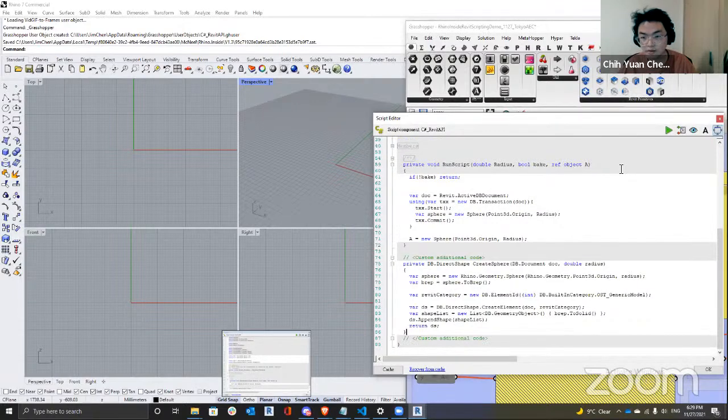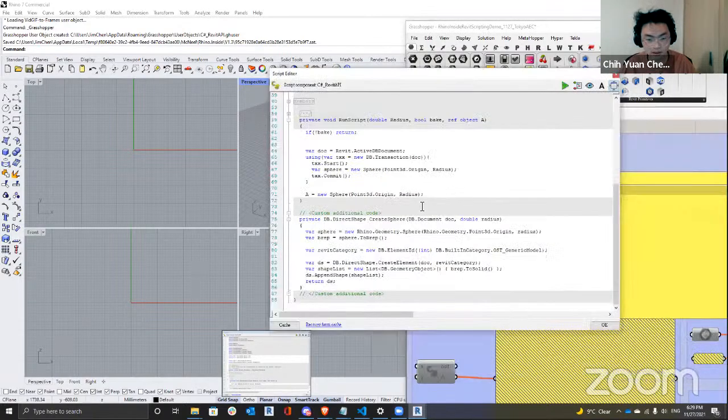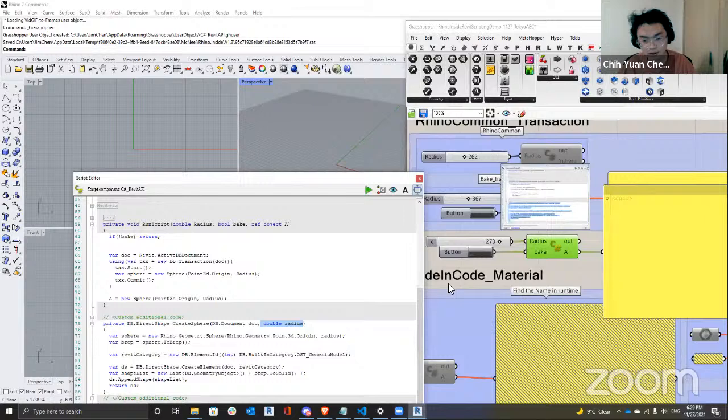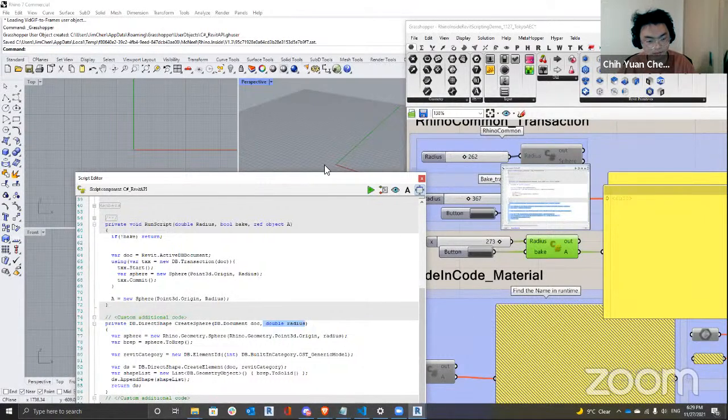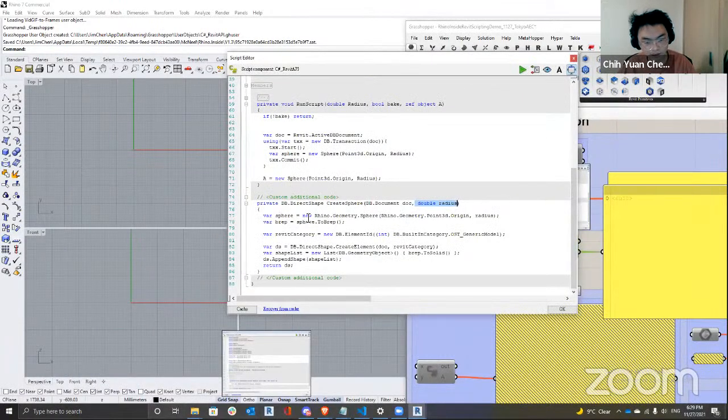What this function says is we need to identify the document, like the current document in Revit. So every time you see this DB, it means it works in your Revit file, and also the radius from your Grasshopper. And then in your Rhino world, you create the geometry, like you create a shape, you create a sphere,